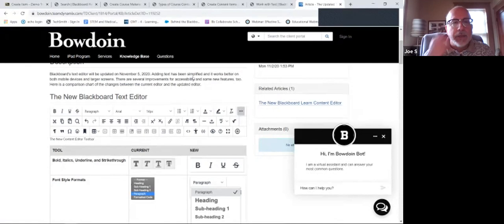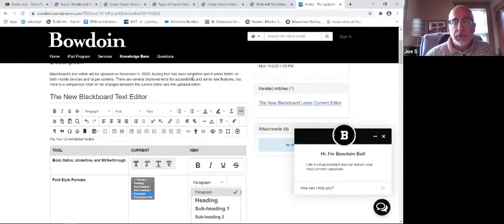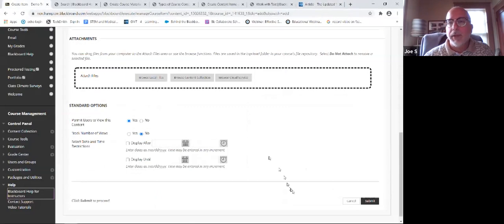The content editor, or text editor, shows up in various places in Blackboard. It works for both you and your students when they're creating things. So the content editor is rather ubiquitous in Blackboard, but it typically is apparent when you are actually creating an